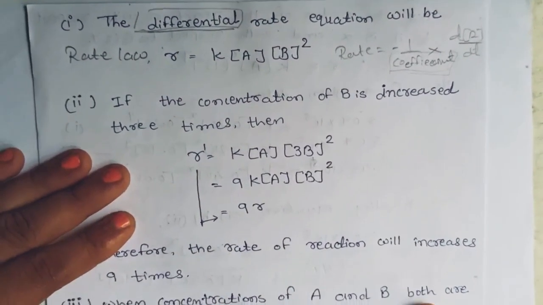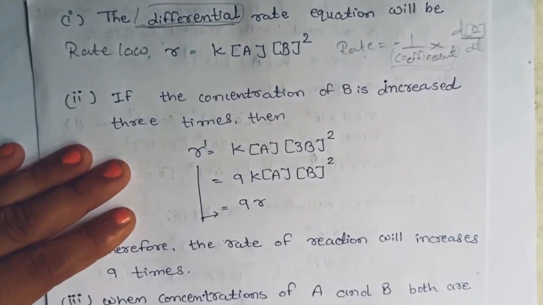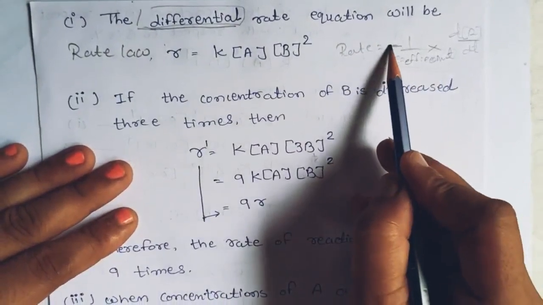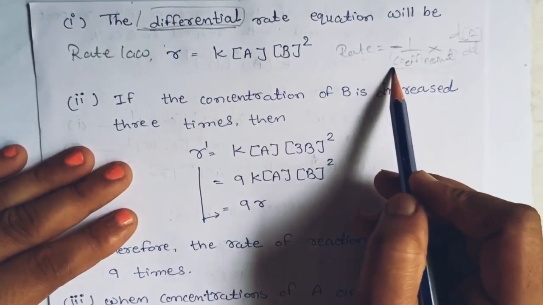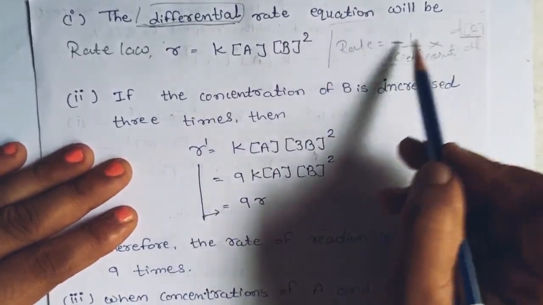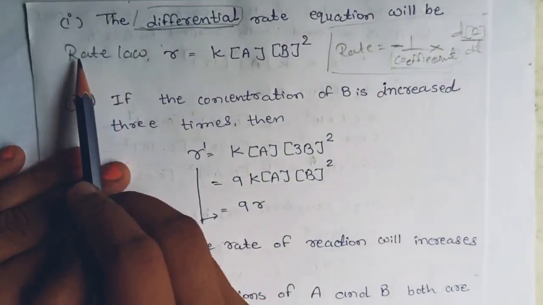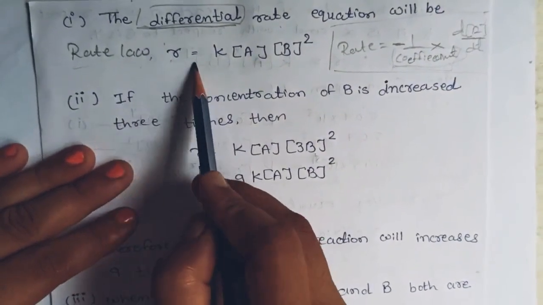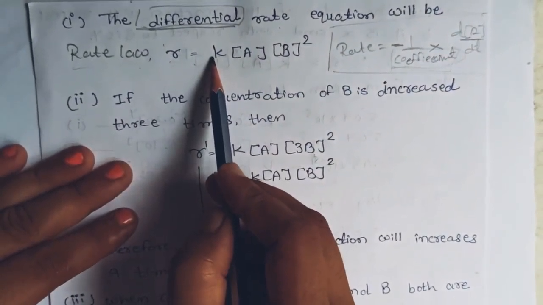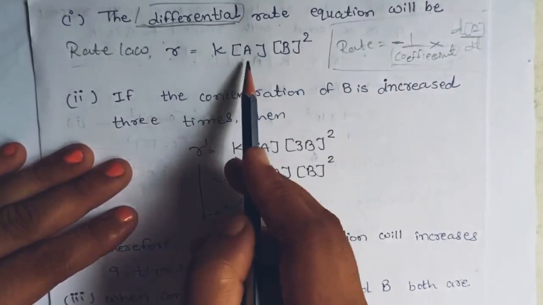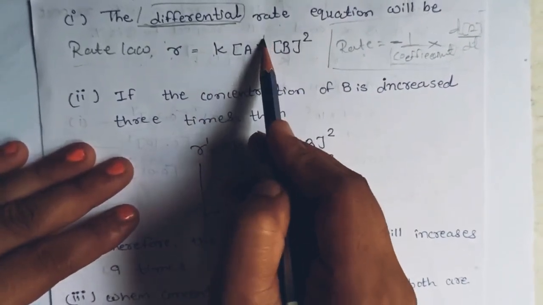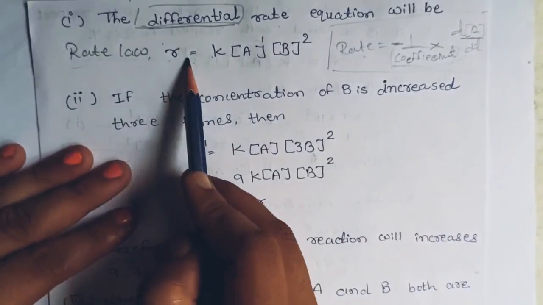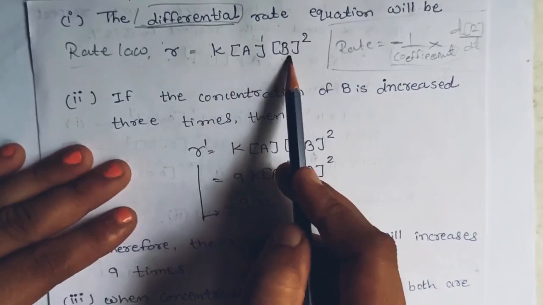Because the order of reaction is determined by experiment, and it is not exactly similar to the coefficient. So we can't write that differential equation, but we can write the rate law for this given data, which is rate equal to K. Here it is given that the order of reaction with respect to A is 1 and with respect to B is 2, so we can write rate equal to K into A power 1 B square.